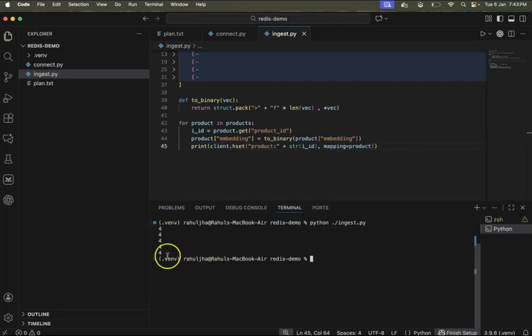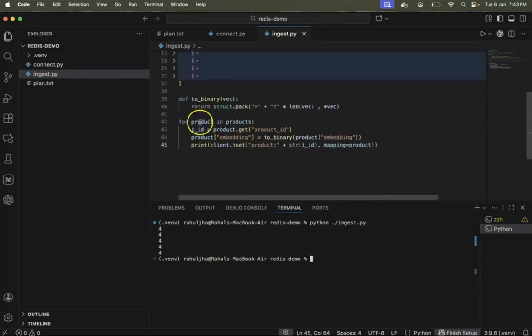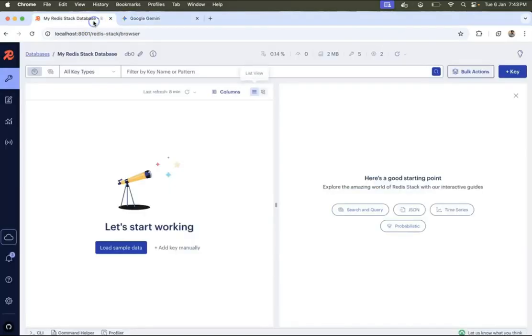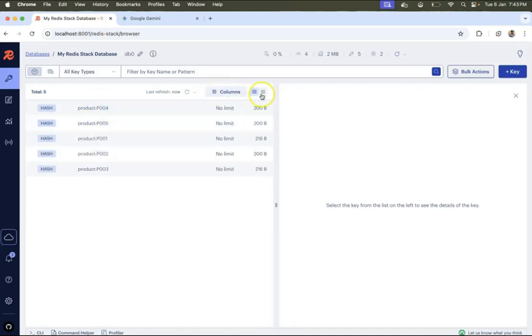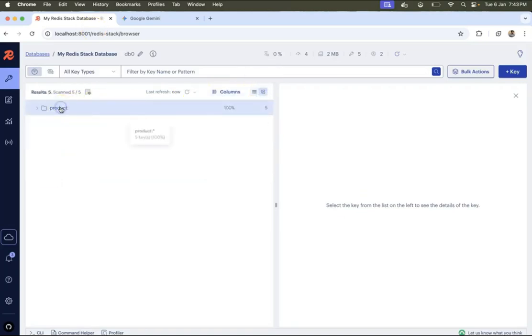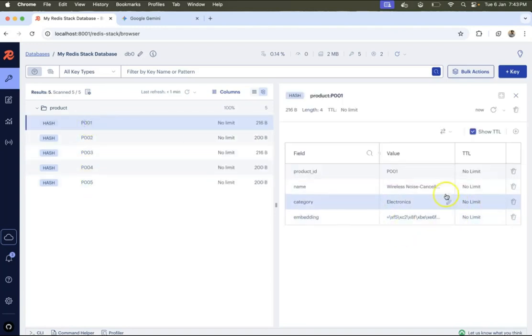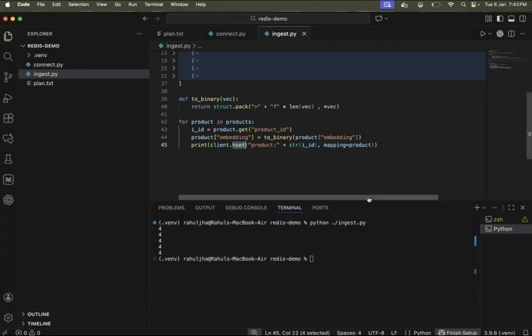Okay, so you see 444. What does that mean? That means for each product, four keys have been added to this hash. If I reload here, and go inside the tree view, I have got product, and inside product we have got product 1, product 2, product 3. Each product has got these key value pairs. So now our data has been set. Now we are good to go with the creation of the